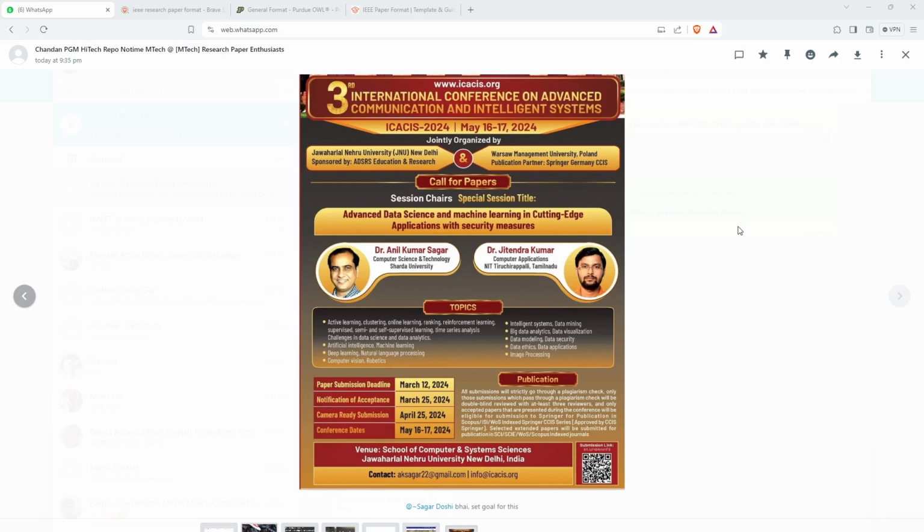So he said that it may be hybrid, meaning we need not go. We can just send this paper, a recorded video, and they may accept it. Now the point is that we are already late, but still, if some of you are interested, you can try to communicate and send the paper. The chances of acceptance will be slightly higher because it is not a very great college, and they probably may not get a lot of good quality papers. Okay, so you can try there.